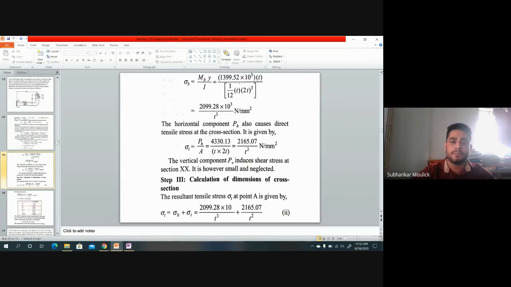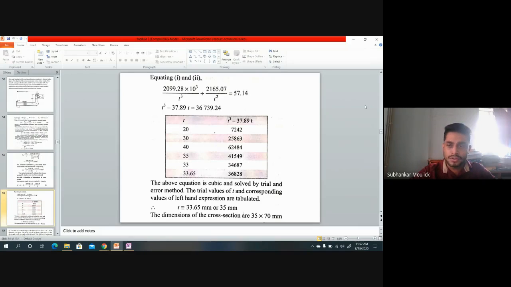any particular machine member, we always have to design for the maximum stress condition. Fine. So the maximum stress generated in the problem will be sigma b plus sigma t. This is the maximum stress generated in the problem. So sigma b is 2099.28 into 10 to the power 3 by t cube plus 2165.07 by t square. Fine. So this is your